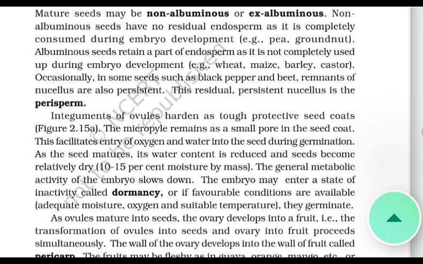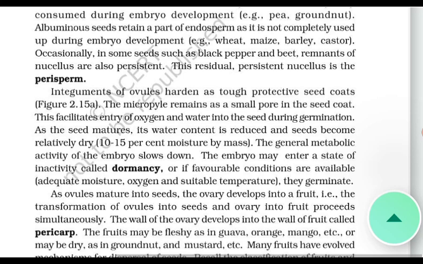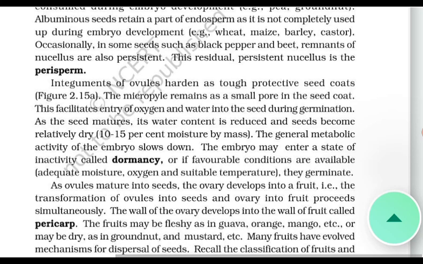Why? The primary endosperm cell divides repeatedly and forms a triploid endosperm tissue. The cells of this tissue are filled with reserve food materials and are used for the nutrition of the developing embryo. In the most common types of endosperm development, the primary endosperm nucleus undergoes successive nuclear division to give rise to free nuclei. This stage of endosperm development is called free nuclear endosperm.